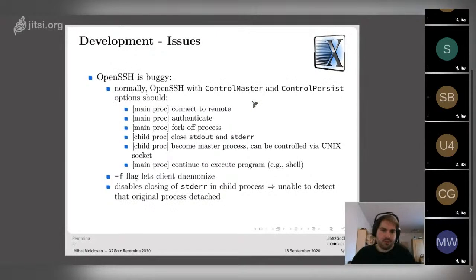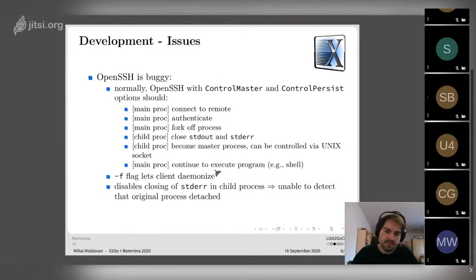And that works. There was a bug report around 2 years ago that was fixed, because it didn't close stderr correctly. Now with the -f flag, the client can also daemonize, that is, detach before running any command. That is interesting if you try to run X11 forwarded programs or stuff like this, or if you don't care about keeping the SSH program open